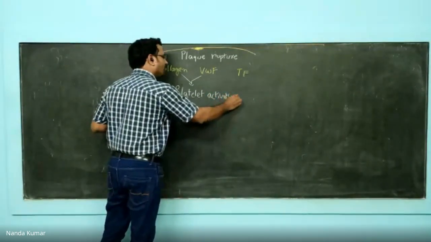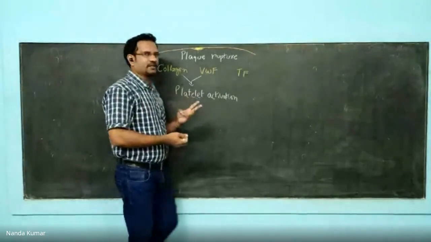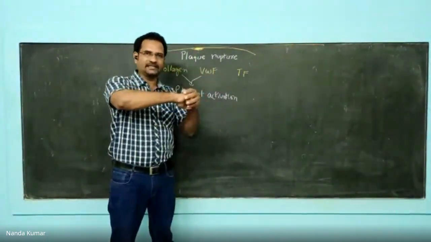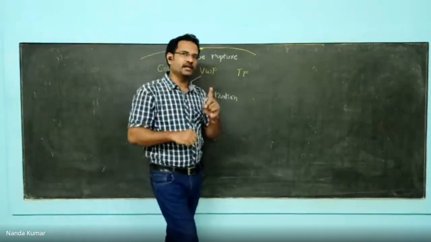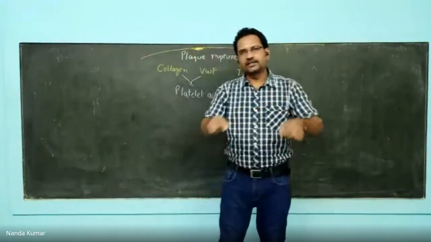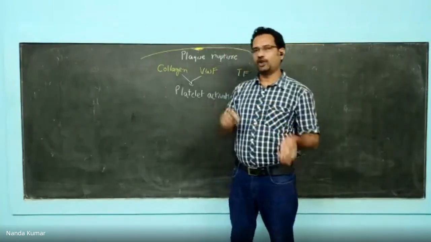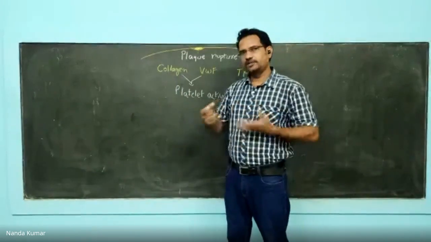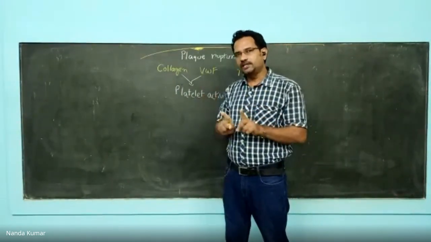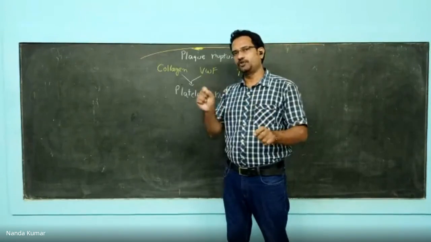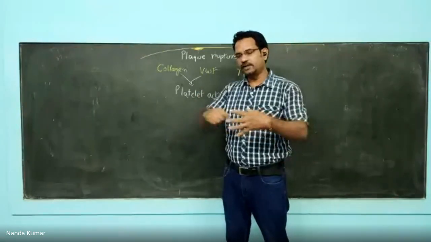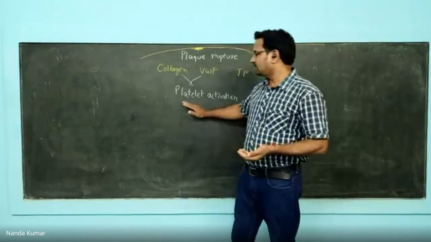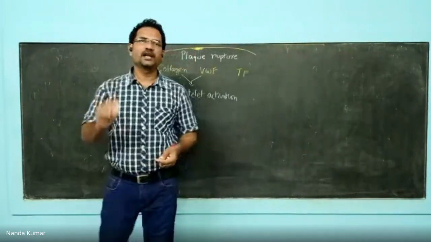Now, we have seen already about platelet activation. It involves three different steps. Initially, platelets will come and attach to the collagen and von Willebrand factor. Attachment or binding is known as adhesion. Once they attach, they will secrete certain chemicals like ADP and thromboxane. Once the chemicals are released, all the platelets will call together. Activation of platelets occurs, and integrin receptors are developed on the surface, GP2B/3A. After that, all the platelets will come together, bind with fibrin, and platelet aggregation occurs. So platelet activation finally results in platelet aggregation.